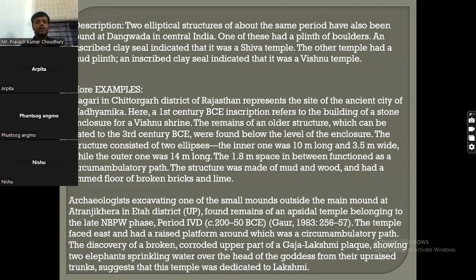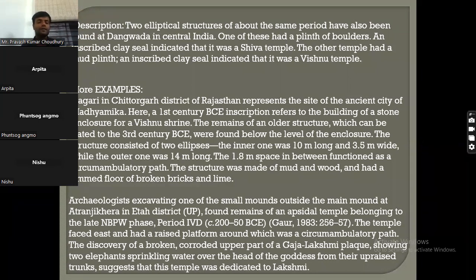This particular site was excavated by Gore in 1983, and the earliest remain of temple architecture is found here also. Along with these structures, certain other remains have been found, proving that these structures must have had some religious significance, and were used specifically